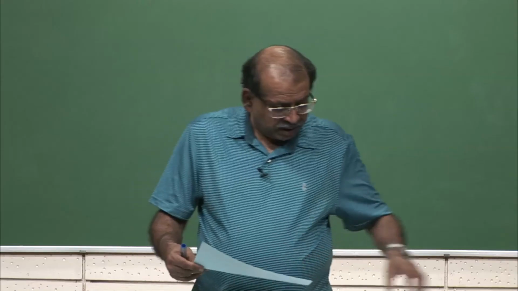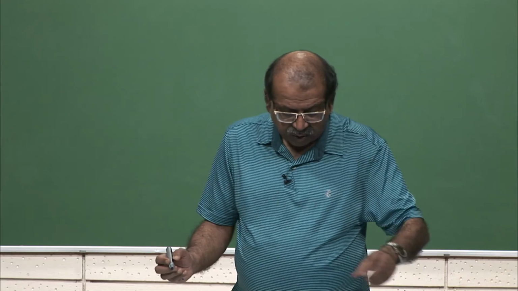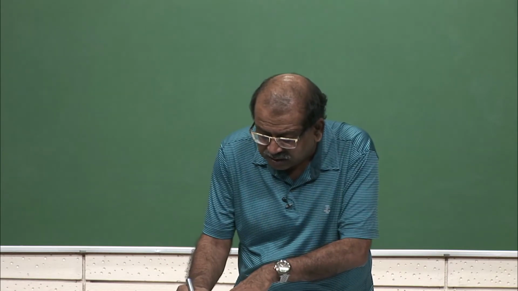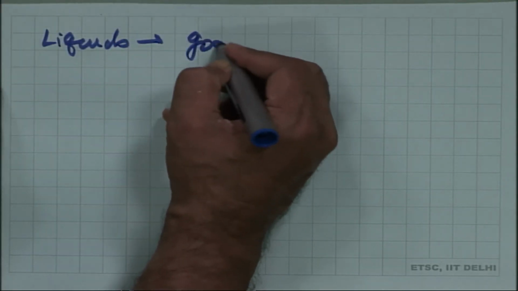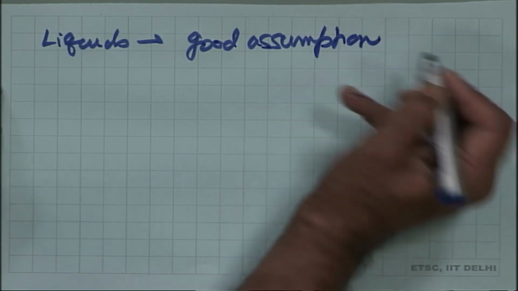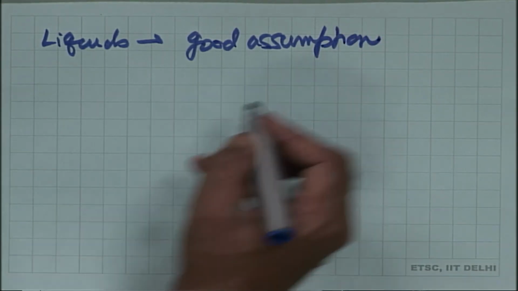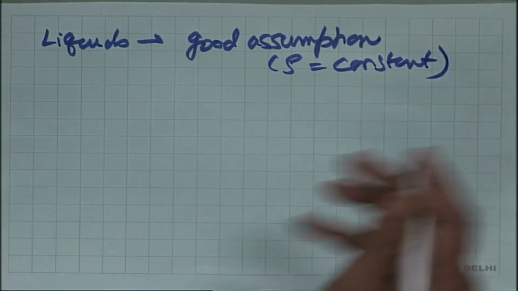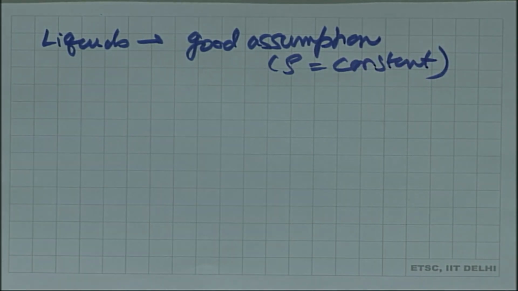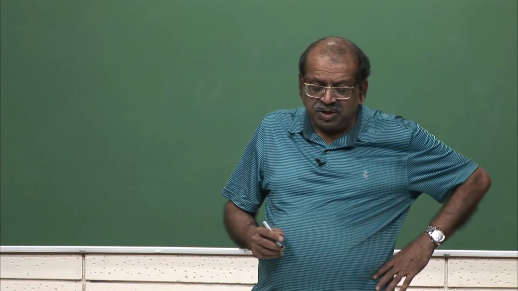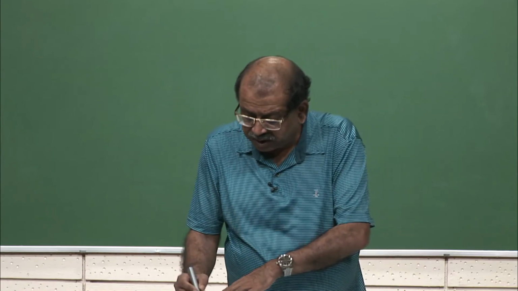And if we have incompressible flow, then generally speaking, for liquids this is a good assumption always. Unless you are in very harsh conditions, it is a good assumption that density is constant. Suppose you heat it up very high and it starts converting into gas, then density will not be constant, but assuming temperature changes are not large, this is a good assumption.